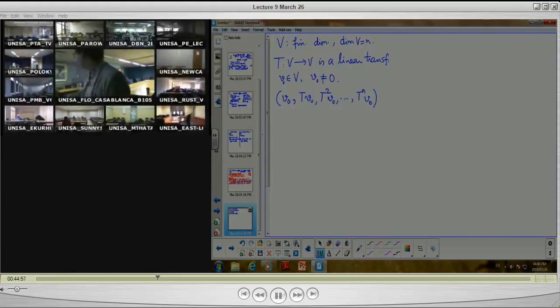Independent? Why? I have told you the dimension of V is n, and you have taken n plus 1 vectors. Can it be linearly independent? Yes, it's linearly dependent. And hence, there exists